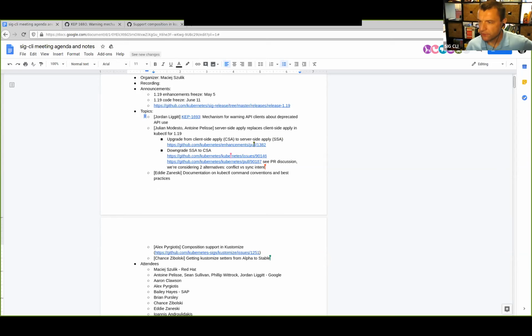I think my only question was, I remember that in one of the documents describing the upgrade path from client-side apply to server-side apply, there was a table outlining all the possibilities, how the mechanism will react. Is that somewhere in the PR or in the enhancements as well?